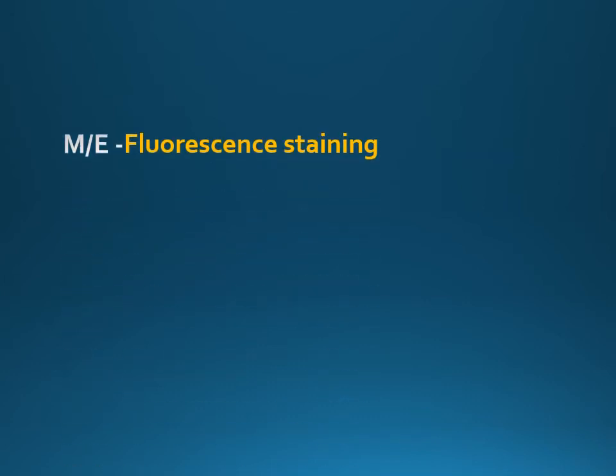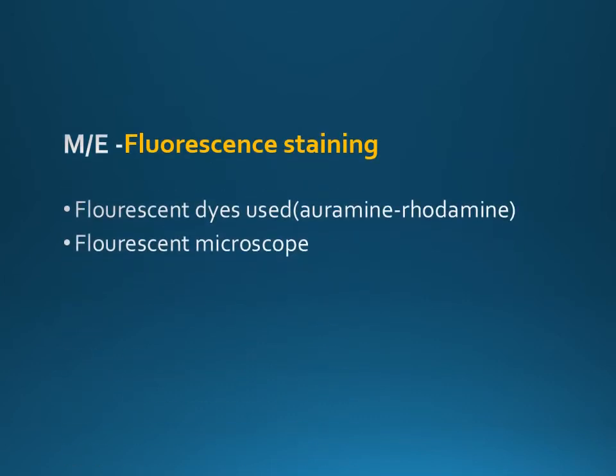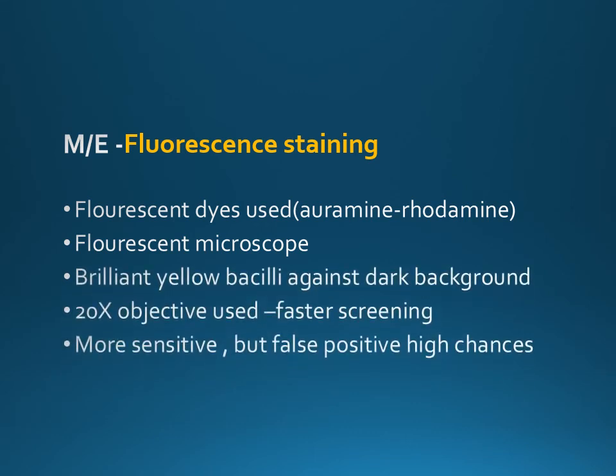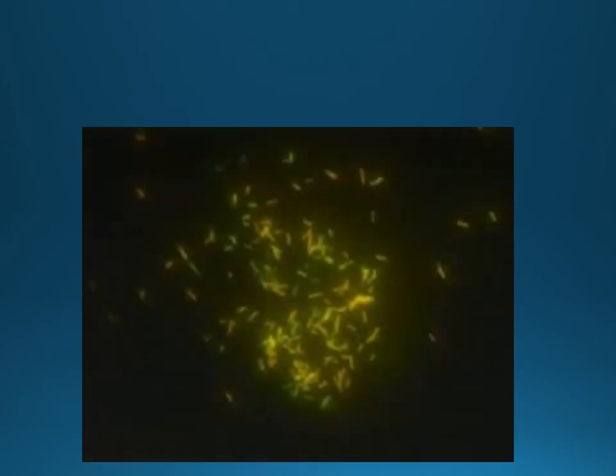Then another is the fluorescent staining method, that is we are using a fluorescent dye there, and then we are visualizing under the fluorescent microscope. The advantage is that we are screening at the 20x objective, so it will be faster screening as compared to the other method, because there we are screening at 100x, so there it takes much more time, here it is faster to screen. It is more sensitive, but false positive chances are high in case of fluorescent staining. This you can see